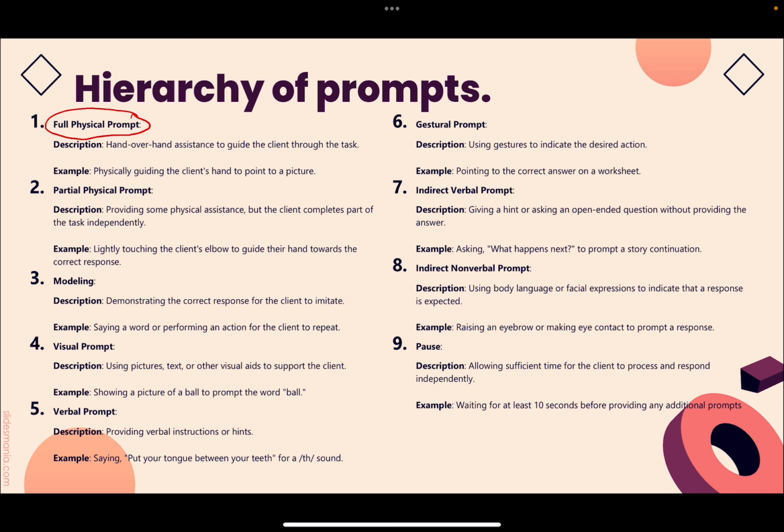Full physical prompt is not going to work if we're having a client, let's say, write an email because they're trying to get back to work. What would be a much higher level of prompting for them is if you wrote the email for them and had them copy the email down. That's a model, right? So please keep that in mind, that yes, this is one hierarchy that you could have, but I do want to put, this is only one example,